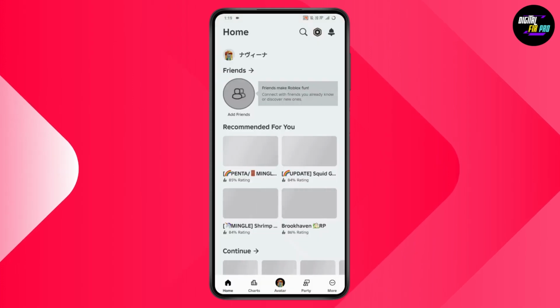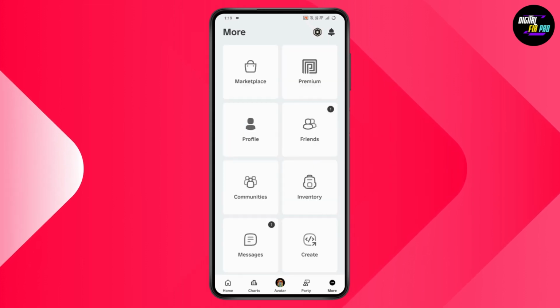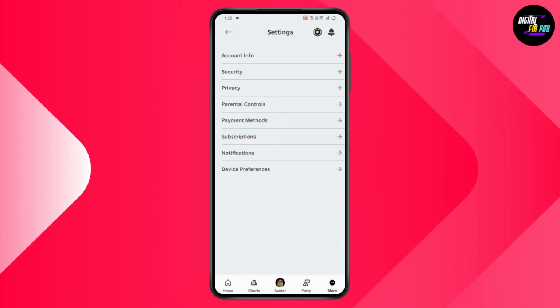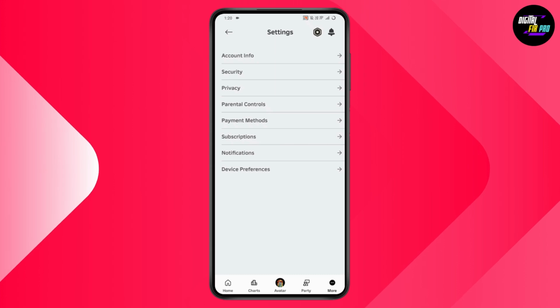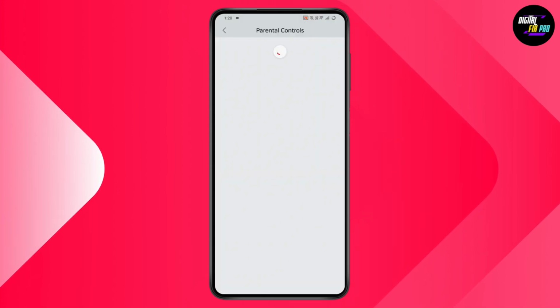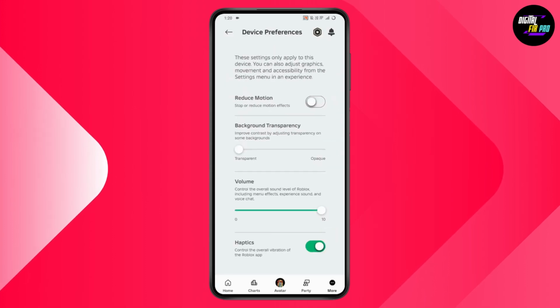Now, once you open up your Roblox, if you go with the more option, which is on the bottom right, or the settings option, if you scroll down, you'll have the settings option. If you go with settings here, you won't have an option to increase your brightness, right? You won't have that option, but you can just simply go with device preferences, and under device preferences you can